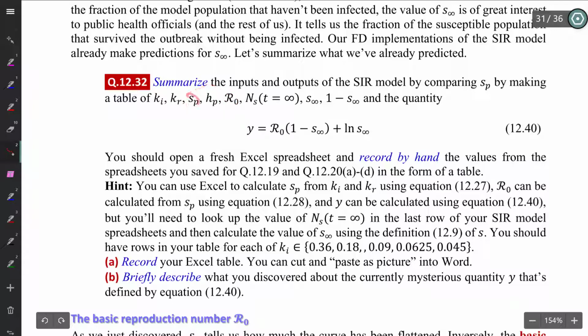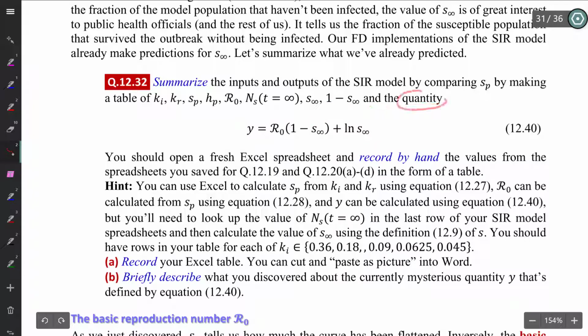the number susceptible at the end of the outbreak, right? So once the curves all flatten out, how many people who are susceptible to the disease are not infected, right? So that was actually one of the motivating things for the chapter. S infinity we can get from this guy by using, where is it? Using equation 12.9. And then 1 minus S infinity, because we're going to need it in this equation,